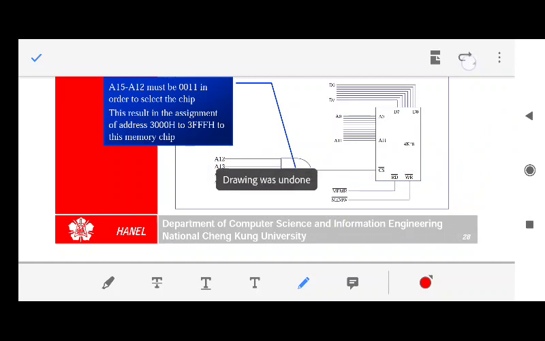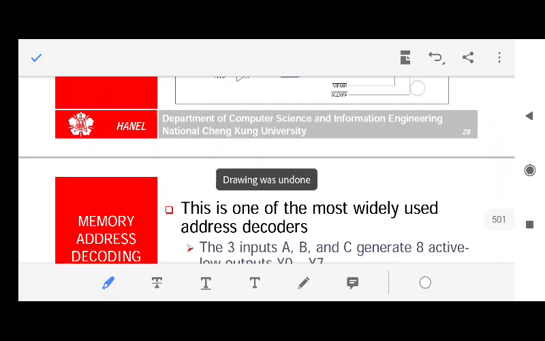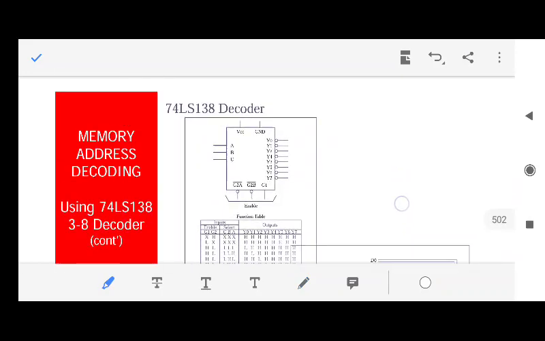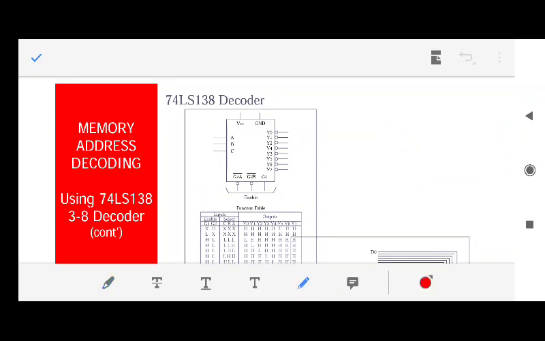Fine. Let us move forward. Now this is one more decoder. So you have understood the NAND gate, how a NAND gate is used as a chip select signal. Fine. Now you can also use a decoder. I have already explained the decoder. You can use a decoder which is already available in the market directly as a chip select signal. When will this decoder be used?